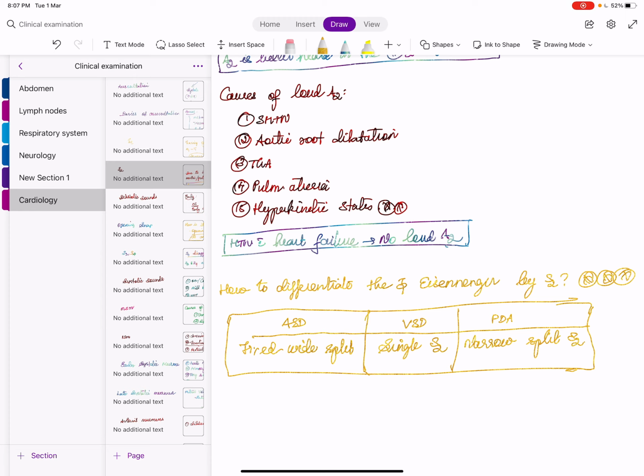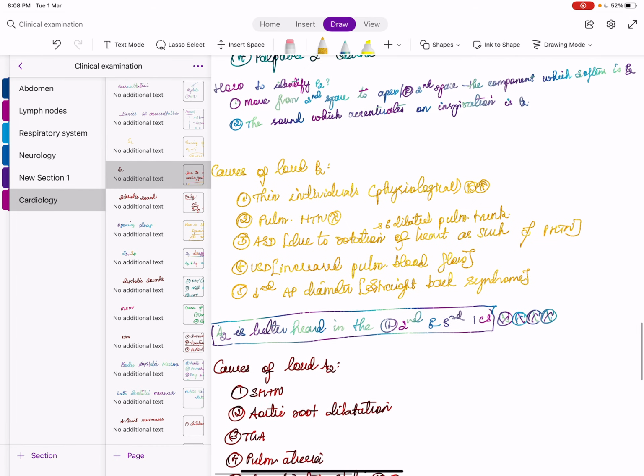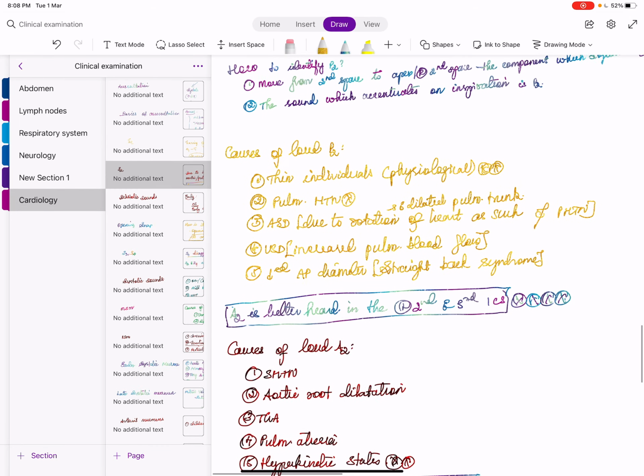Now my question is, we are telling loud S1, soft S1, we are understanding hemodynamics and telling it. How will you quantify that this is loud S1? Normally I told you we have to comment about S1's intensity. Sorry, before that one basic I left out. When describing any heart sound or murmur, there are a few words you have to tell. Whenever you are describing sounds,